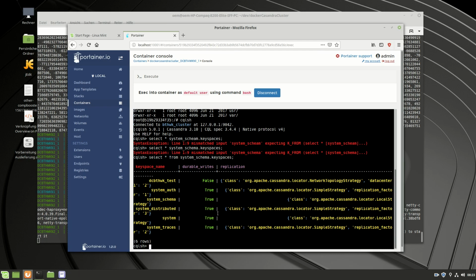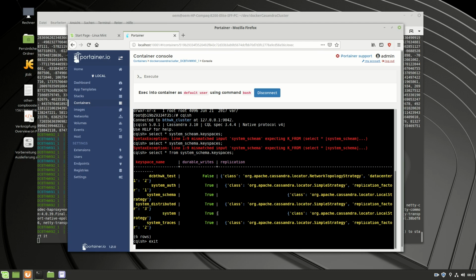So we have here a full control over the Cassandra first node through the CQL shell environment, and also